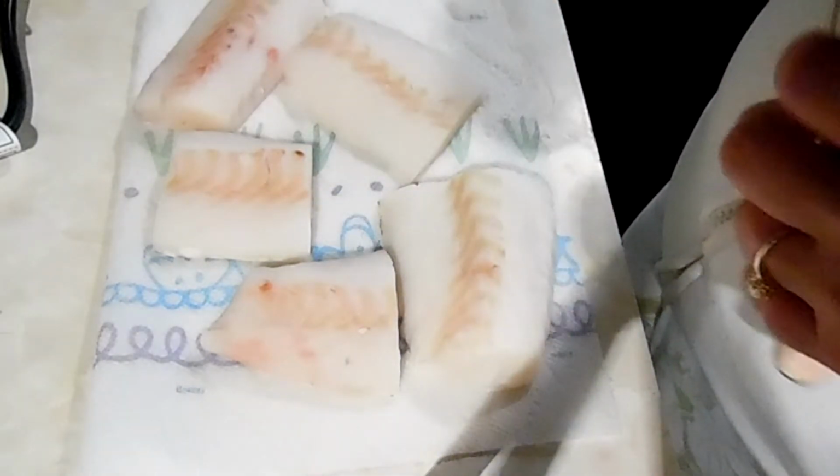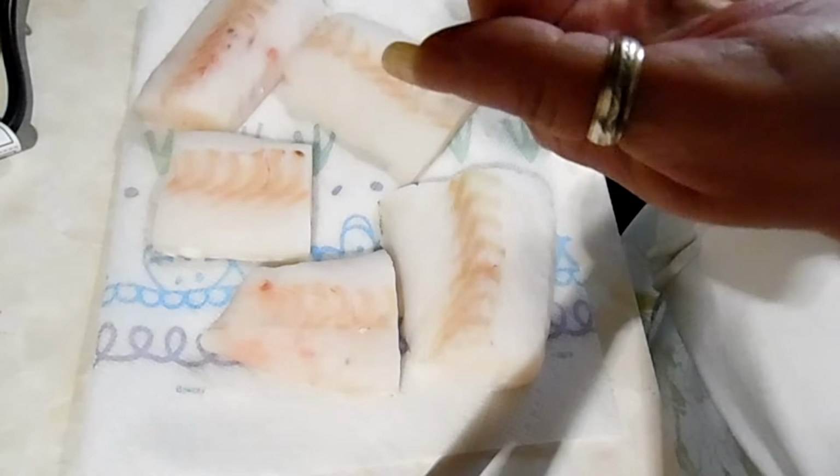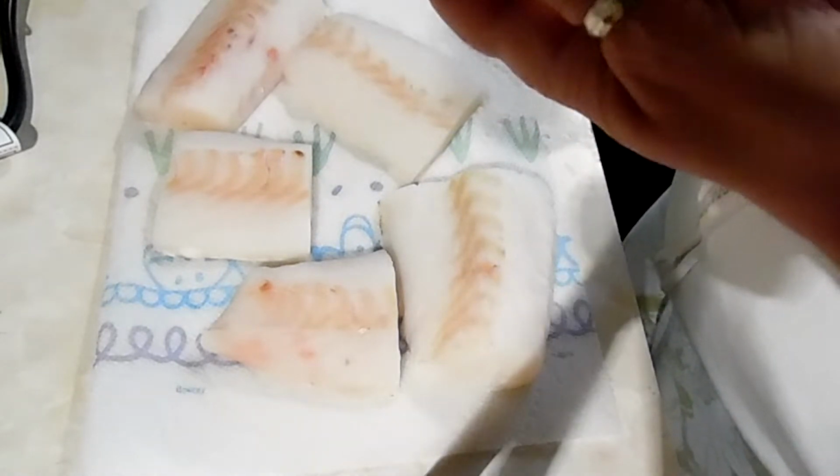Hello everybody. So we are doing some cod fillets and I've blotted them off real good with paper towels to remove as much moisture as possible. I'm going to use some pink salt,